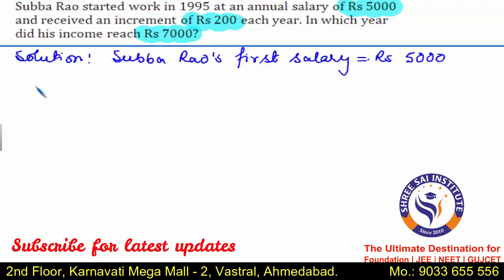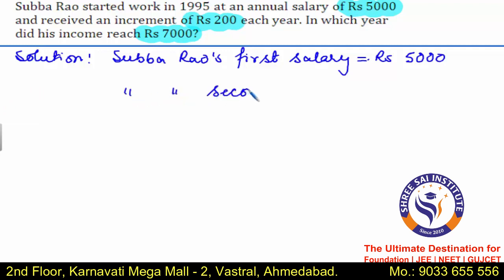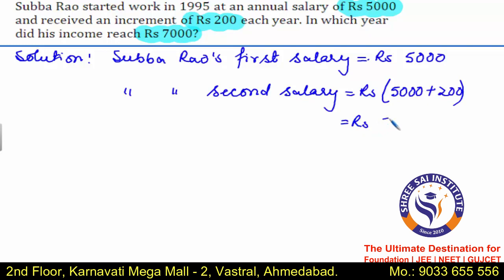This implies that Subba Rao's second salary is equal to rupees 5,000 plus 200, and this is equal to rupees 5,200. Similarly, we can calculate Subba Rao's third year salary,